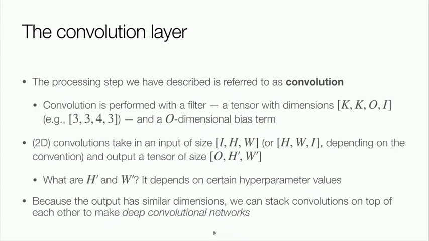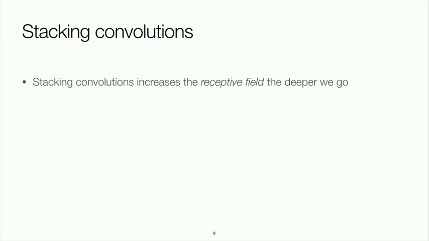Remember, there was one point that we brought up before, which is we don't necessarily want to pay attention only to local information, right? Maybe there is actually some non-local information, like objects that are far away in the image, that we do want to pay attention to. How do we actually do that? We do that by stacking convolutions. That's the big idea. The reason this is useful is that stacking convolutions increases what we call the receptive field: the deeper we go, the more convolution operations we stack on top of each other, the larger it gets. When I say receptive field, basically what I mean is a particular output,